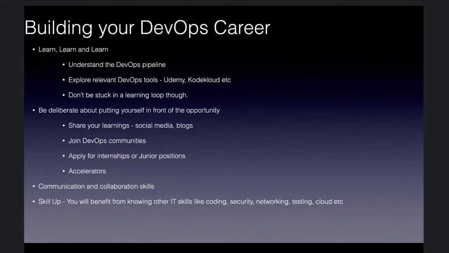You have to have a good idea of what happens in networking. You have to have a good idea of what the QA engineers are doing, what the security team is doing, because you will work with all these people. And if you don't understand what they are doing, it can derail your own work. There are times when you have issues and the developer is very fast to say, it's DevOps, or it's your pipeline. If you don't know how code works, it might be from their code, and you won't know. So you spend 1 hour or 2 days debugging a problem that, if you had a better idea of other areas, you'd have solved.